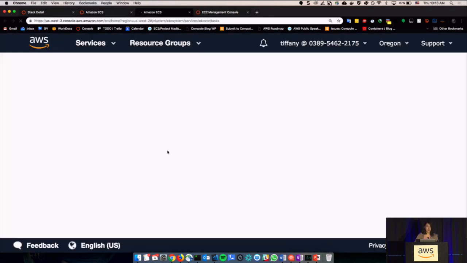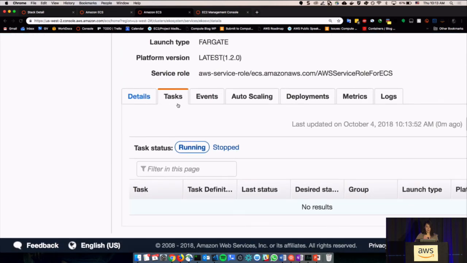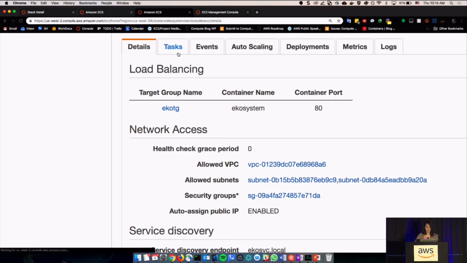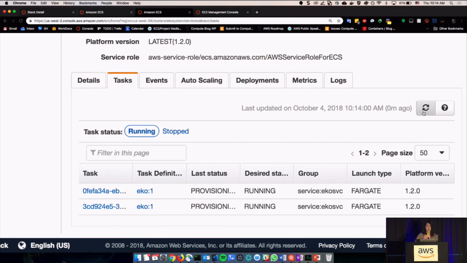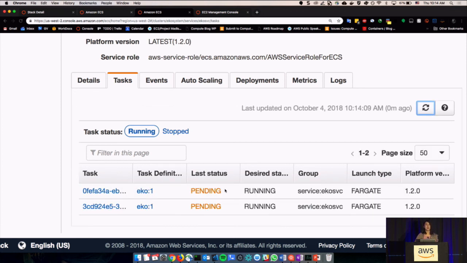Then if I go here and view, you can see the details, what the target group is, what the port is, how many, and you can see now it's trying to provision 2 copies of the task. It'll pull down that container from Docker Hub, start provisioning the task, and then move to pending. The goal is for it to end up running. It'll take a little bit of time since it's setting up everything needed, all the ENI, et cetera, for actually having your task running.